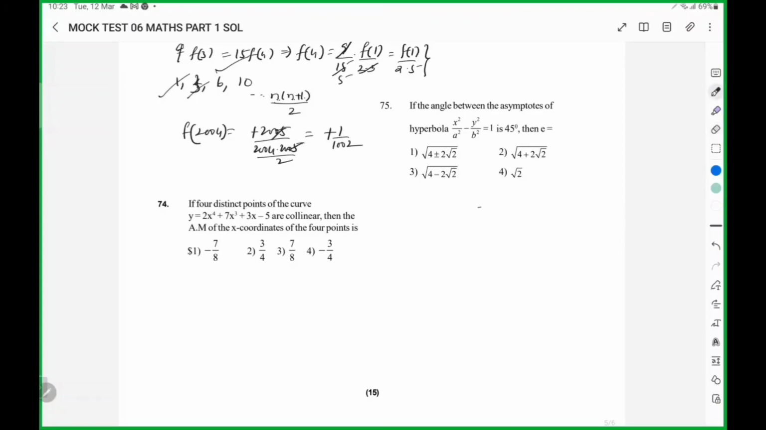Here it is. Four distinct points are collinear means they lie on the same line. Let us say mx plus c is 2x power 4. Sum of the roots will be minus 7 by 2. Arithmetic mean will be